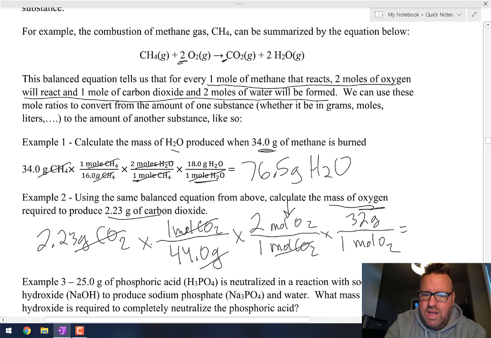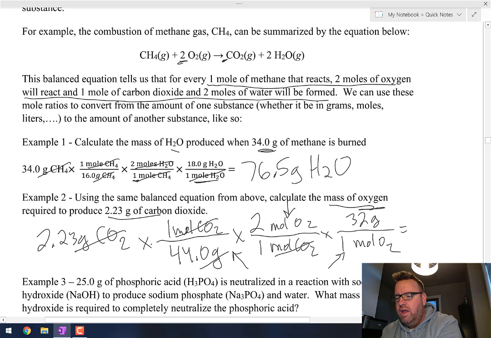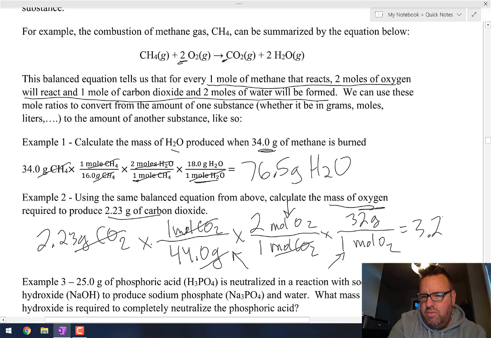And again, notice every time that I use the molar mass, it's the molar mass. It's the grams in 1 mole always. So now I can take 2.23 and I'm going to divide by 44 and then multiply by 2 and then multiply by 32 again. And I get a final answer, 3.243, which I'm going to round to just